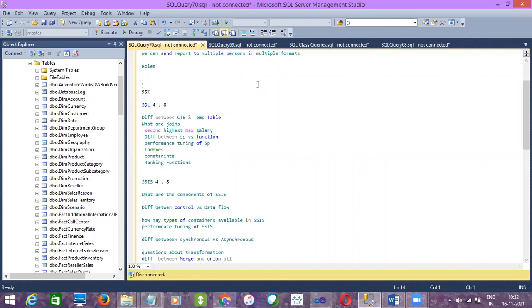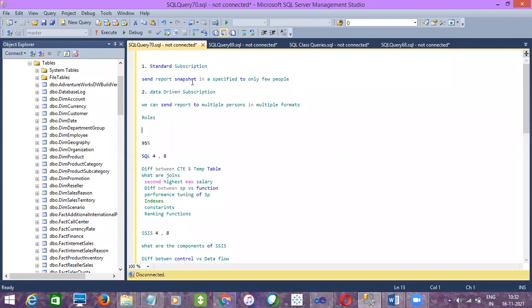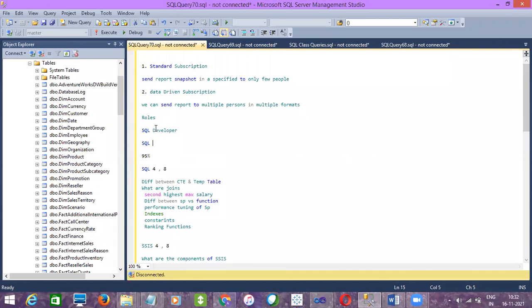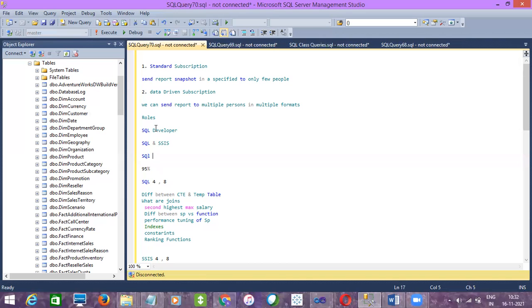That depends. That's what I told you: the interview openings will be for only SQL sometimes, only SQL developer. And mostly it will be SQL and SSIS. Very rarely, out of 10, maybe 1 or 2 with SQL and SSRS.